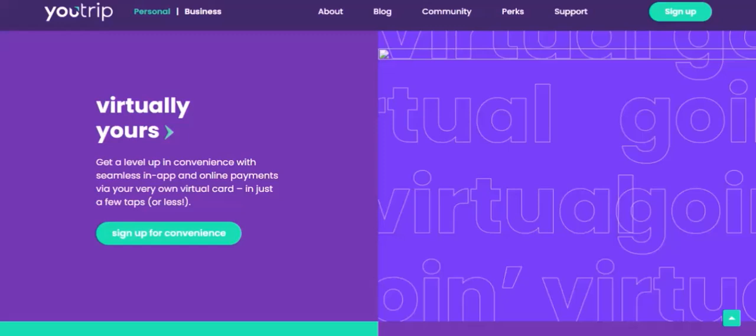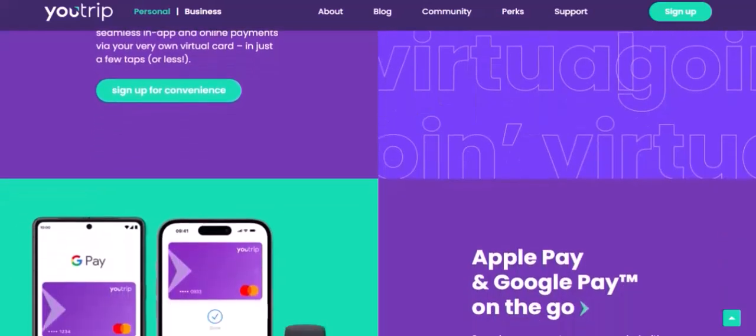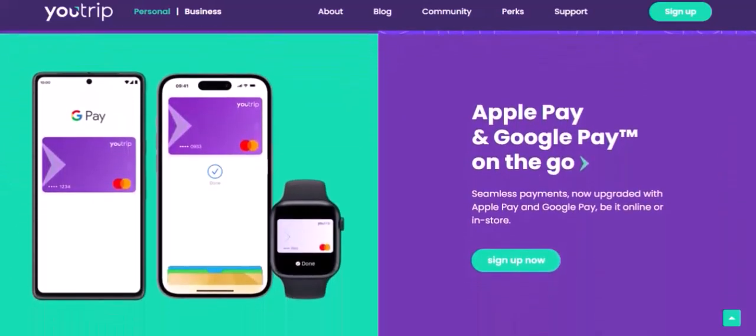After successful authentication, you'll be redirected back to the YouTrip app, which will confirm that your request has been received. It's important to note that bank approval can sometimes take a little while. It's not always instantaneous. You'll receive an email and an app notification from YouTrip once your bank account has been successfully linked and approved. And just like that, you're all set. You can now top up your YouTrip wallet directly from your linked bank account, completely free of charge, and always be ready for your next